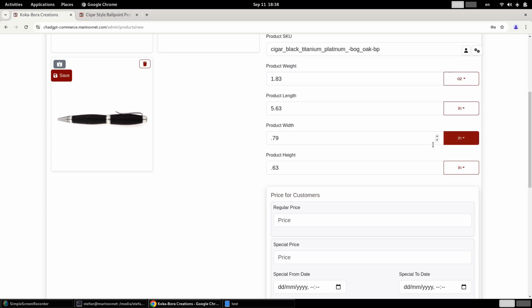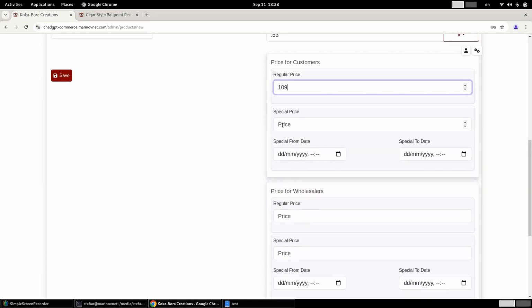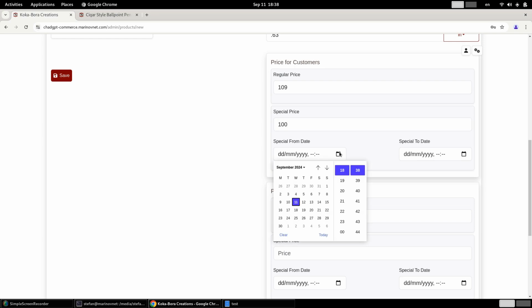So in terms of the dimensions, I know the pens are usually a circular item, but because of the clip, they become a little bit more rectangular. So that's why I have the product width and height being different measurements. So price, let's do $110. Special price, let's add a special price, introductory price of 100 that runs between